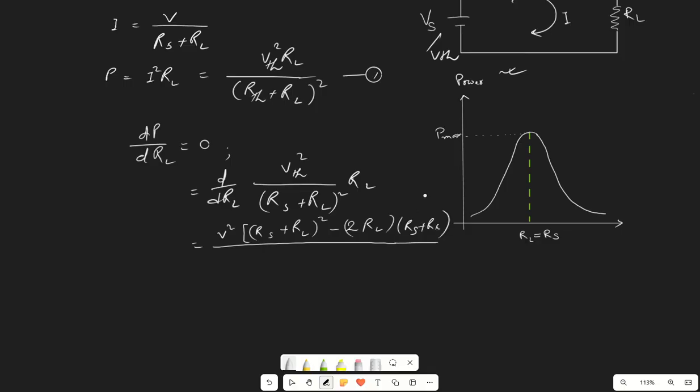I hope you are following up to this. Now coming to the lower term, this will be RS plus RL whole square of the whole square, so it will be to the power 4. Now equating the whole term to 0, we have